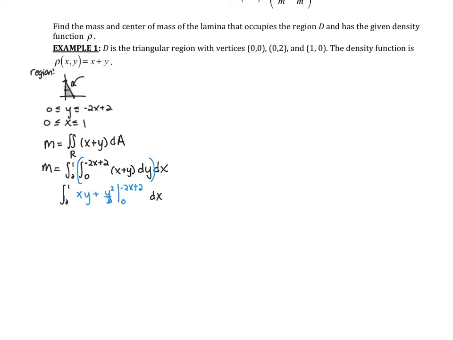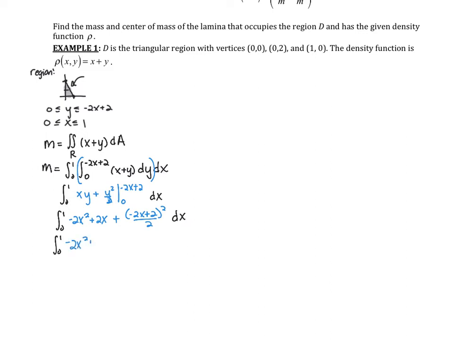Okay, so let's make our substitutions in. My mass is the double integral, and y we're going to replace with negative 2x plus 2. So I'm just going to go ahead and multiply that. We'd get negative 2x plus 2x plus negative 2x plus 2 squared over 2, minus all of that with 0 substituted in, but with 0 substituted in, that all just goes away. So I know my mass is the integral from 0 to 1 of, let's simplify this,